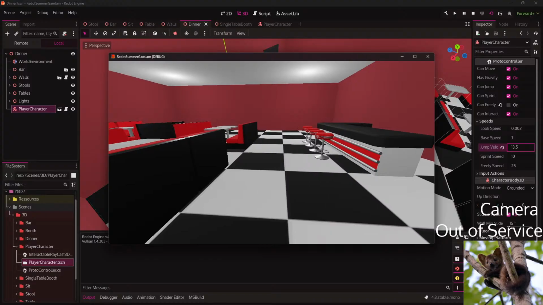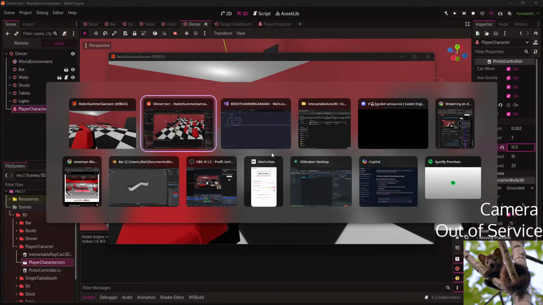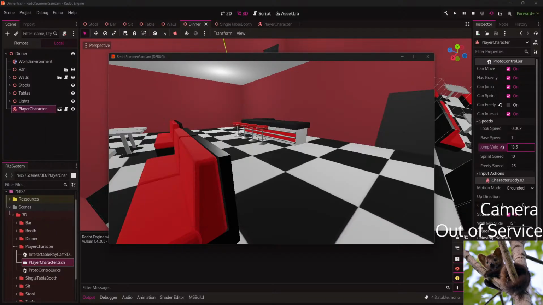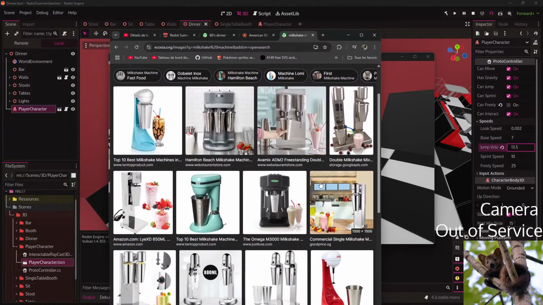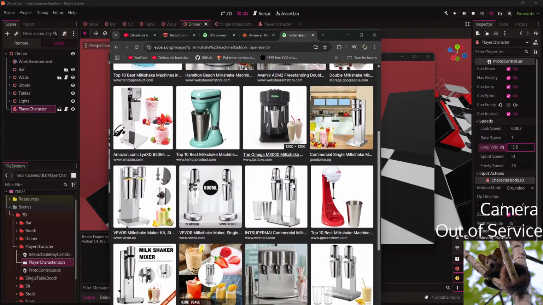Let me actually check something. Like, how hard is it to model something in this line?